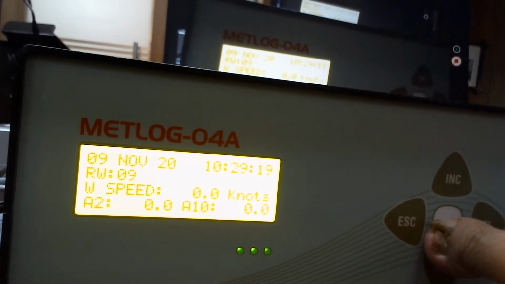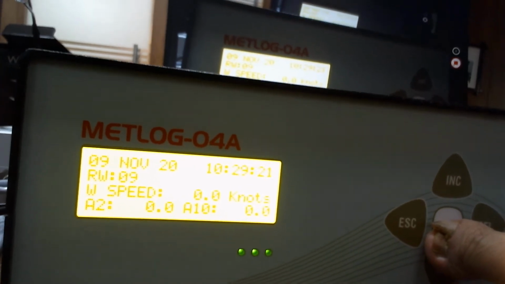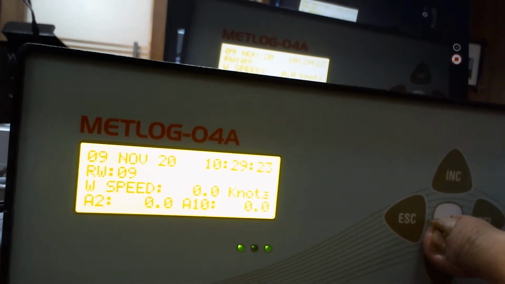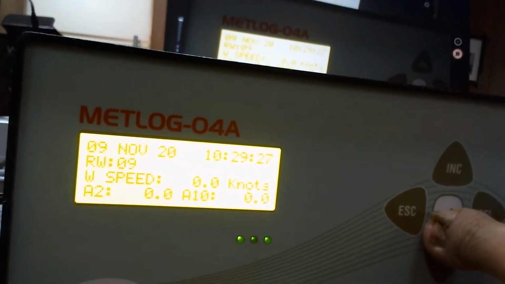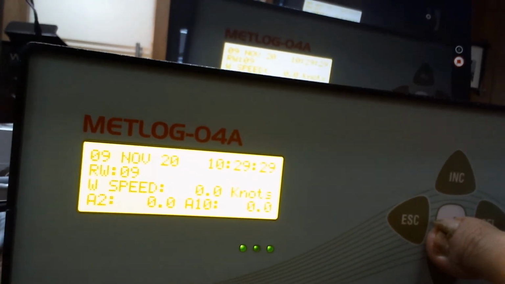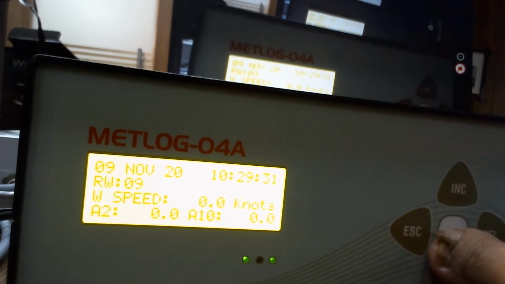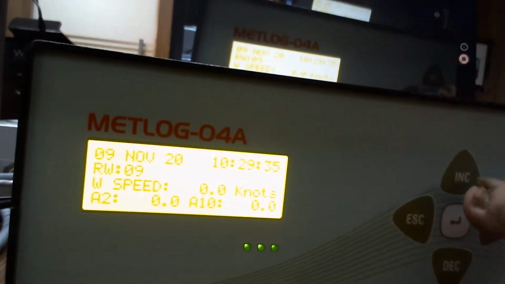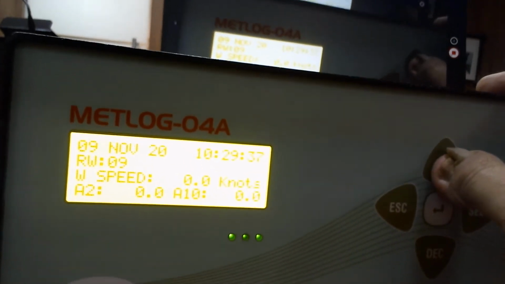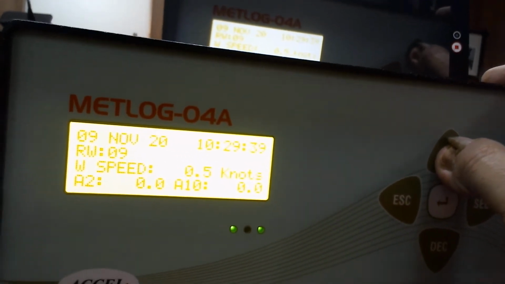This is used when you are doing calibration of the sensor. That time it is very useful. You can see only one parameter at a time. You can compare the parameter with the standard continuously, and you can set the offsets inside this data logger. So if you want to monitor different parameter, make use of this increment button.